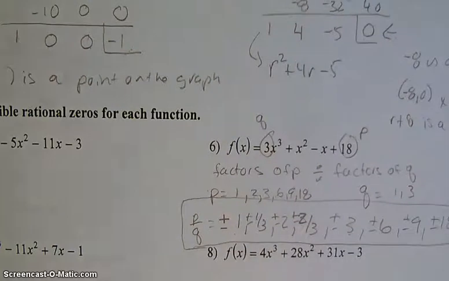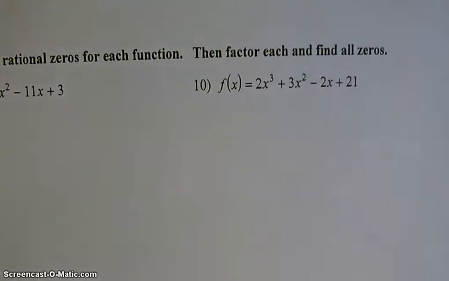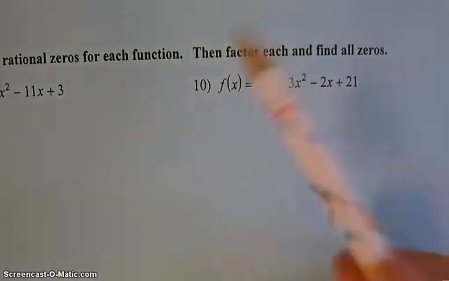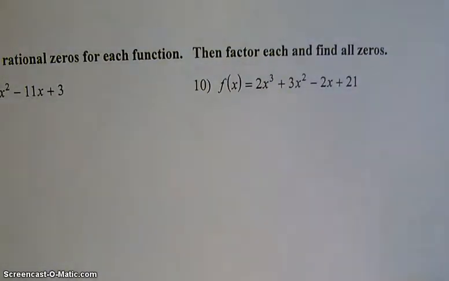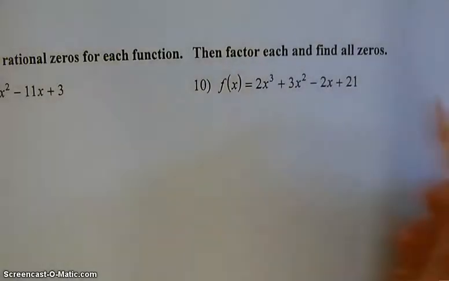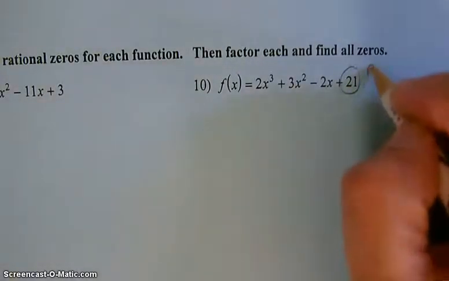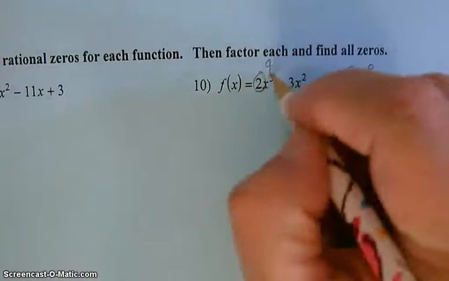So finish up 5, 7, and 8 in this manner. Okay, my last example here is going to be number 10. We're going to do the same thing. We're going to state the rational zeros, and then we're going to take it a step further and find the zeros. Alright, so I know that this is my p, this is my q, so I'm going to find the